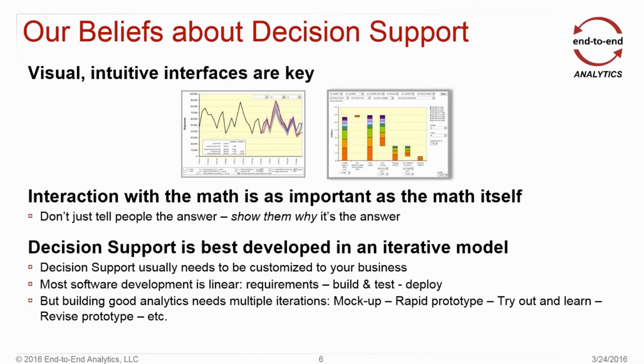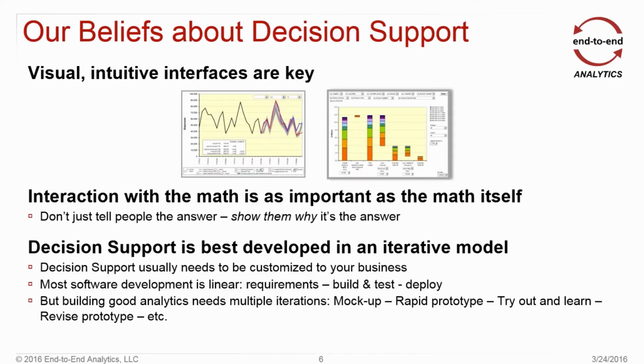And so there's a linear progression of requirements to build, to test, and deploy. Yeah, obviously there's new feature releases, and if you're big enough, you can sit on a forum with some of the big software vendors and participate in that process, but it's not nearly as organic as what we would hope to see for decision support systems.